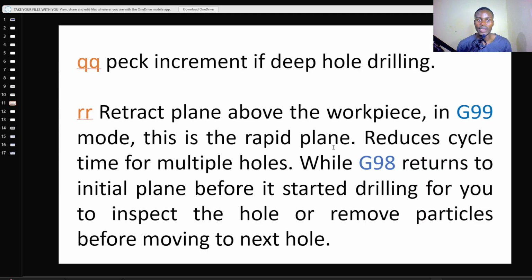Now, what about Q, as seen here? Q is the peck increment in deep hole drilling. That one applies in G83, and I'll show you a sample of code. R now is the retract plane above the workpiece. In G99 mode, this is the rapid plane. Rapid plane means